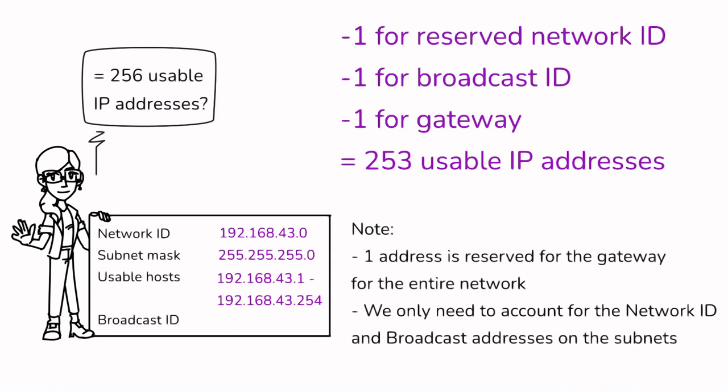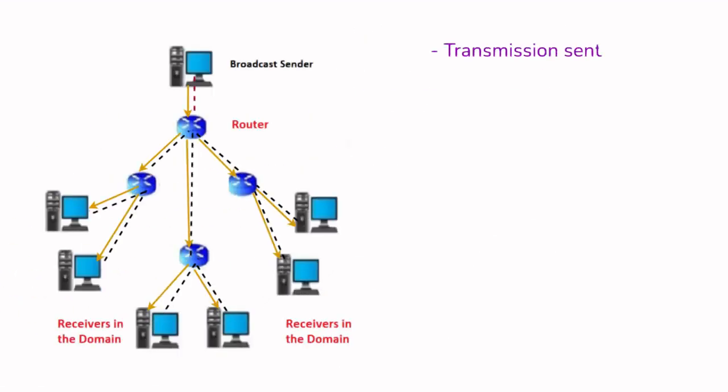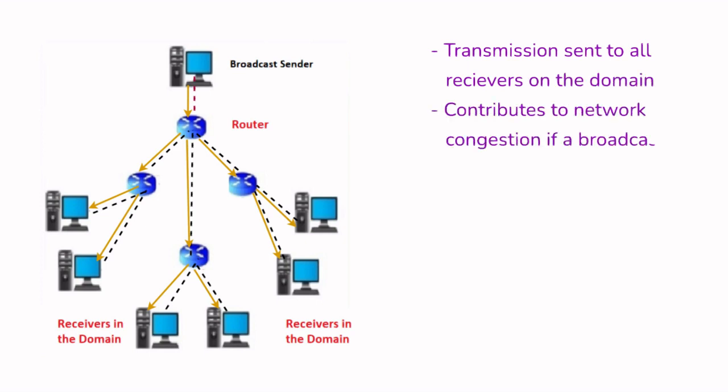So we will need to have an IP address to represent the entry and exit point of our network, basically from our network to outside networks like the internet. The last IP address in a range is always reserved for the broadcast address. In this case, 192.168.43.255. Broadcast addresses should only be used when a transmission needs to be sent out to all of the devices